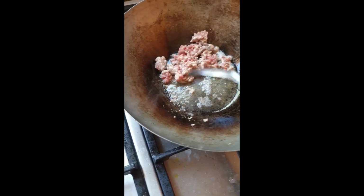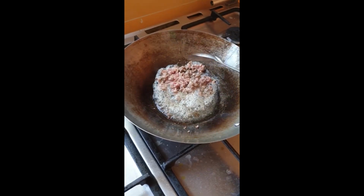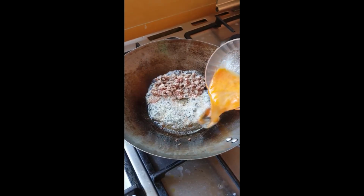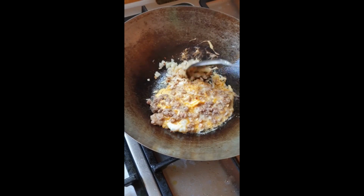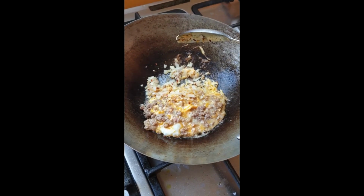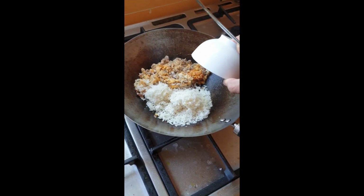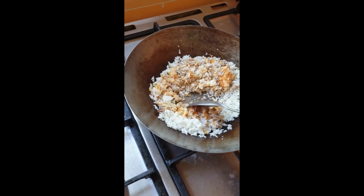So in a nutshell, I'm just browning the meat first, and well, looking at it, it looks like I'm prematurely spilling my eggs, so to speak, but by the time I've added the onions and the garlic, ginger, chili, the meat was nicely browned. And now, while I'm adding the rice, you can see the importance of having enough oil